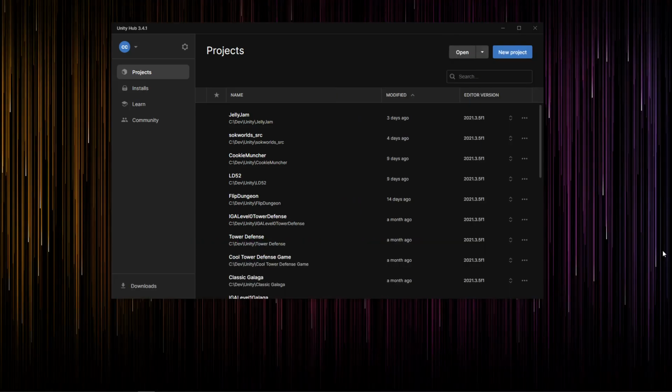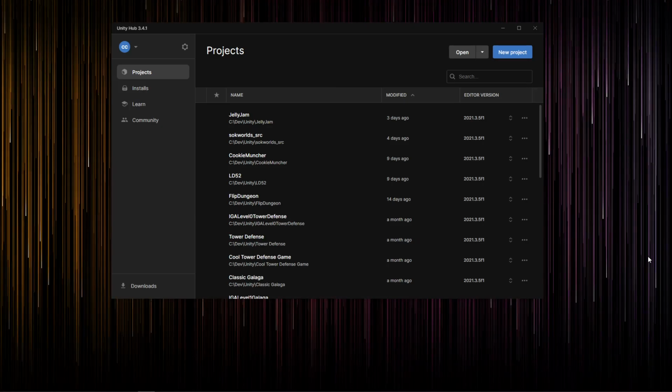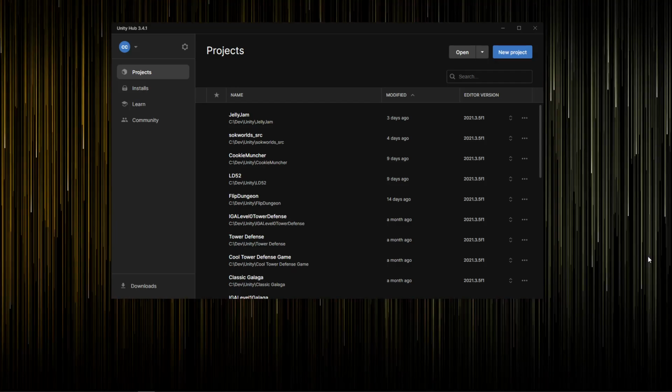In the old days before Unity Hub, what we had to do was frankly very silly. We had to have each version of Unity installed separately somewhere on our hard drive, and we would have to open it up and open up each project from there, and we would just have to mentally keep track of which projects were opened up with which version. It was very difficult. So they made Unity Hub, and now it works awesome.